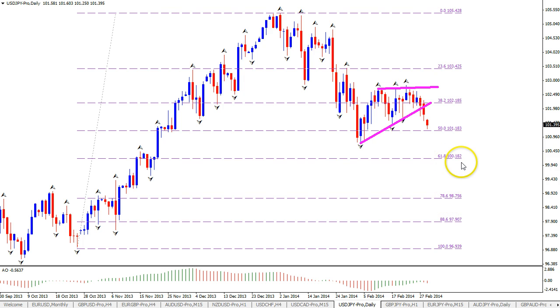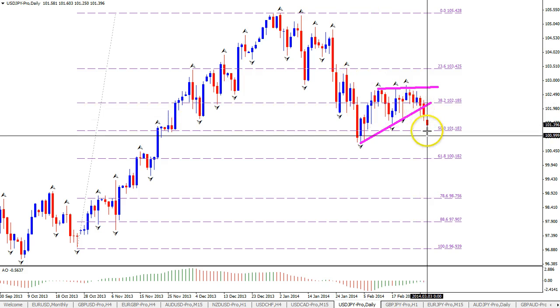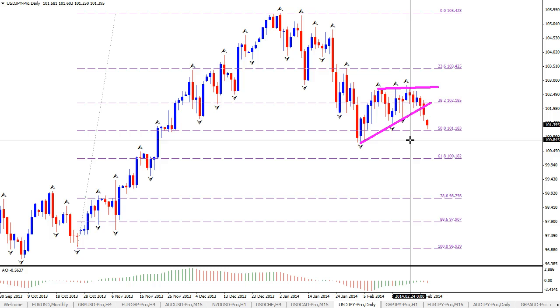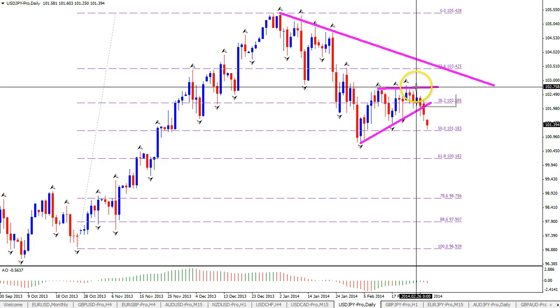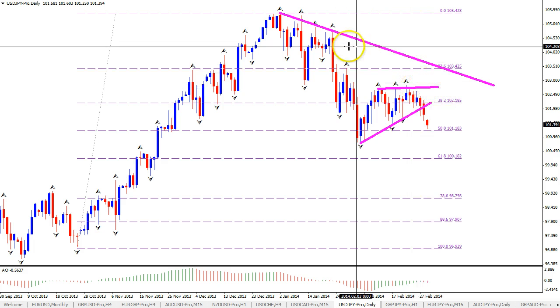Be careful also of the 100 level, which is the psychological round level. Now, in the meantime, though, although the price is moving down, we still have a bottom here at 100.80, so we have to be careful of that. This is, though, at the moment, looking bearish with this turnaround here. So any upside, I'm looking for a break at least above this 102.80 top